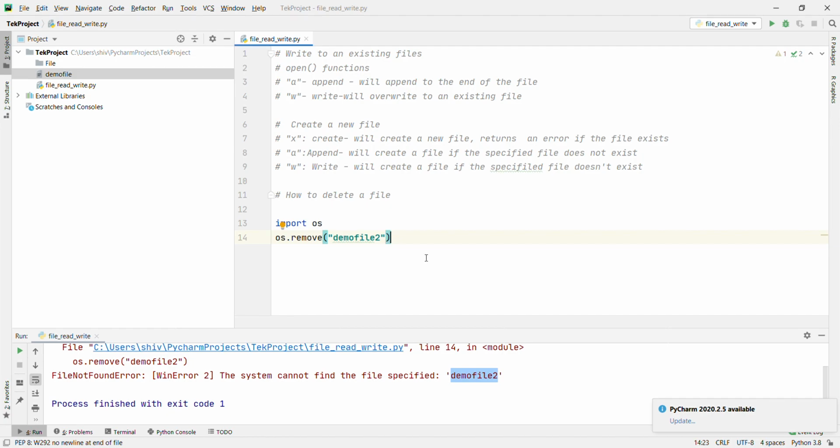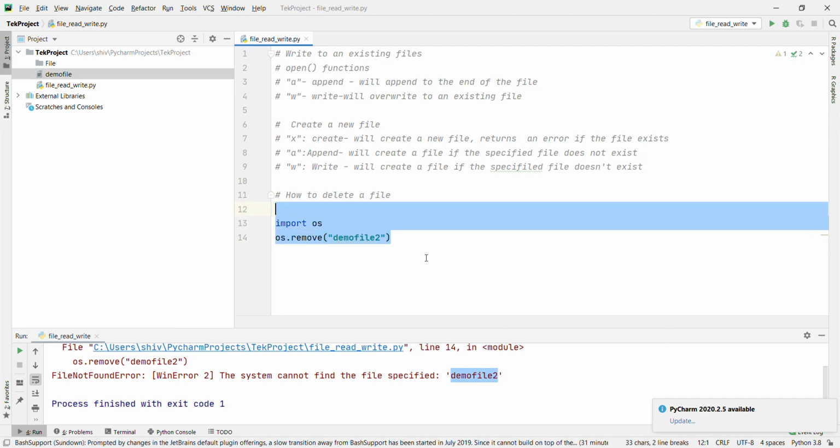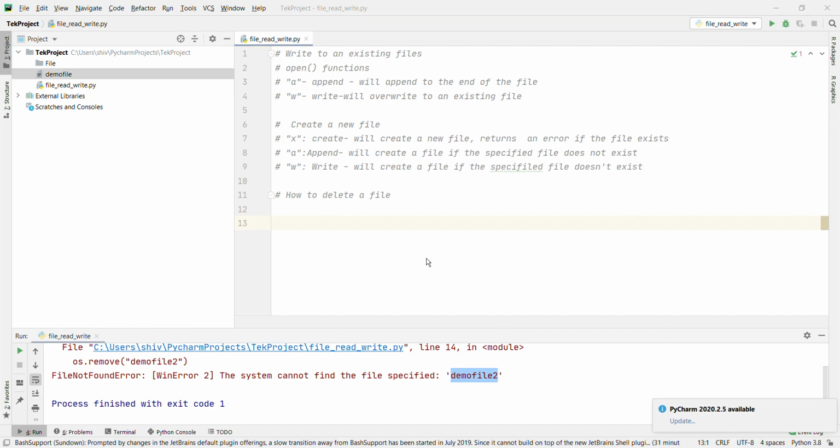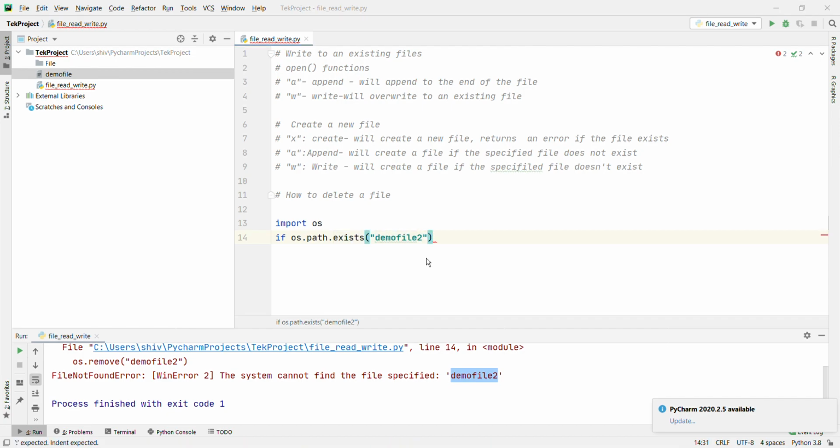Okay, let's remove everything. Import os, enter, if os dot path dot exists, okay, demo file 2. Okay, if it exists, then we have to remove it, os dot remove demo file 2.